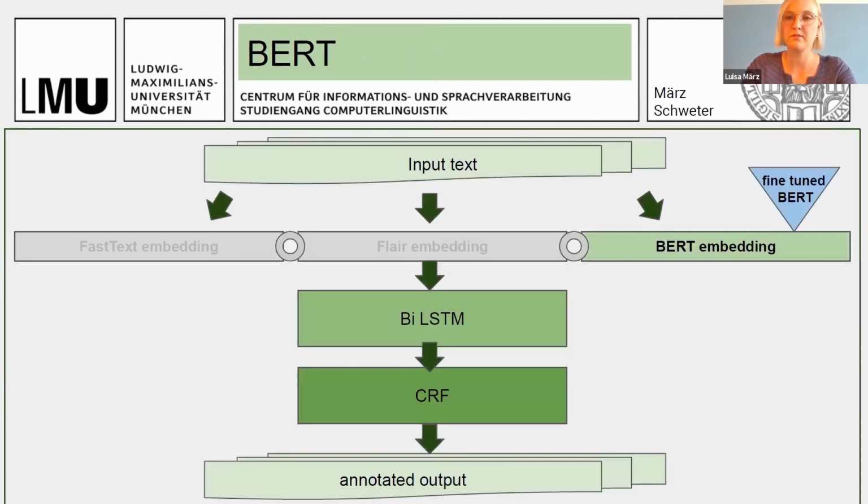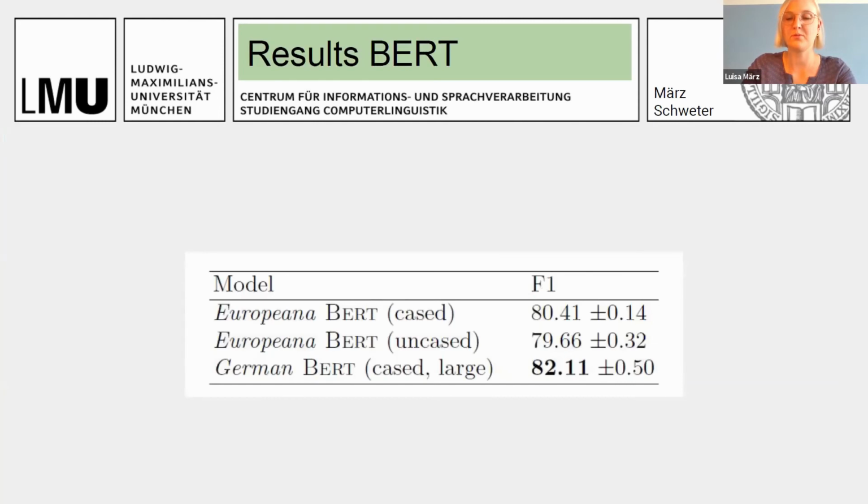And for the BERT model, also not very surprising, the model with the largest amount of training data, the large German BERT, is the winner. And of course, in German, the cased versus uncased BERT makes a difference, since German proper nouns are case sensitive, always written with an upper letter in the first place. So the cased models work better, of course.